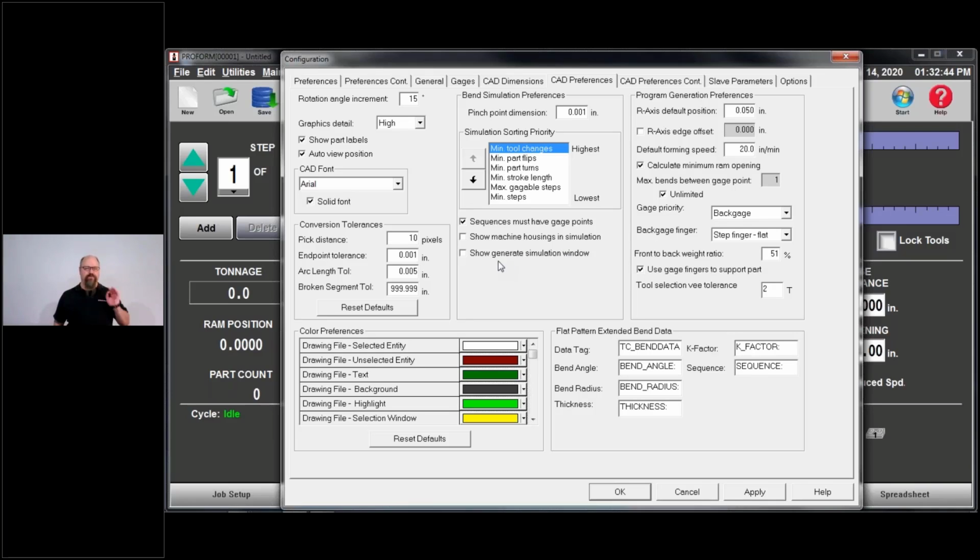Generate simulations window is going to be a little pop-up box in the corner. Some people like it, some people don't care for it. I will show you how that works, and then I'll probably turn it back off again. It's just literally like anytime you load a website, you get a little icon that says loading, loading. That's all that is. And when it goes to the generate sequences process, you're going to see that little window pop up and say, hey, I'm still working.